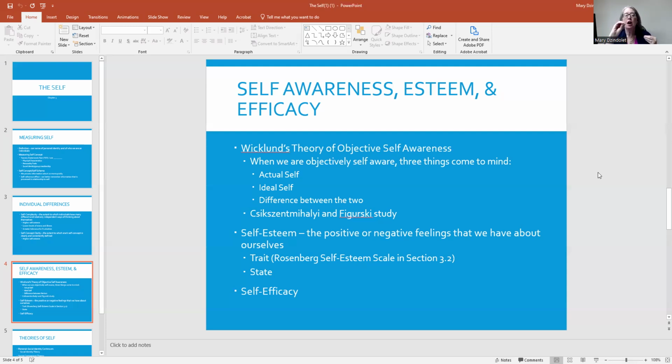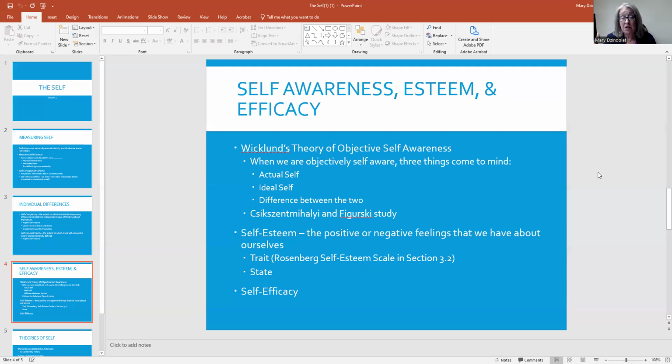And so that's less as an object, but you're still a person, but you're looking at yourself more objectively. You're trying to see you the way other people might see you. Does that kind of make sense? And Wicklund's theory says that when we become objectively self-aware,